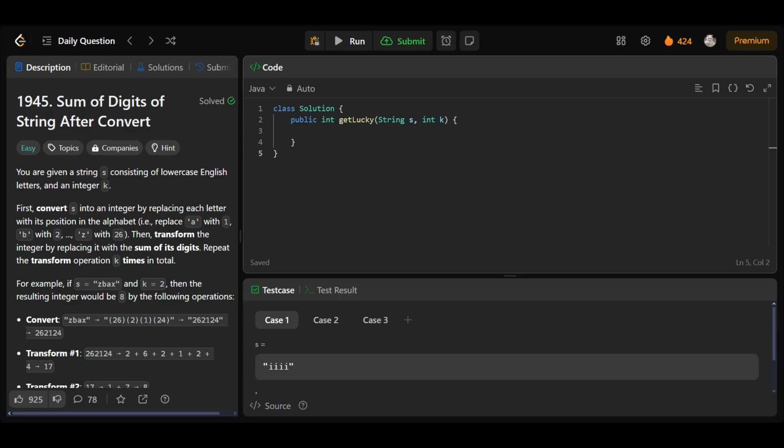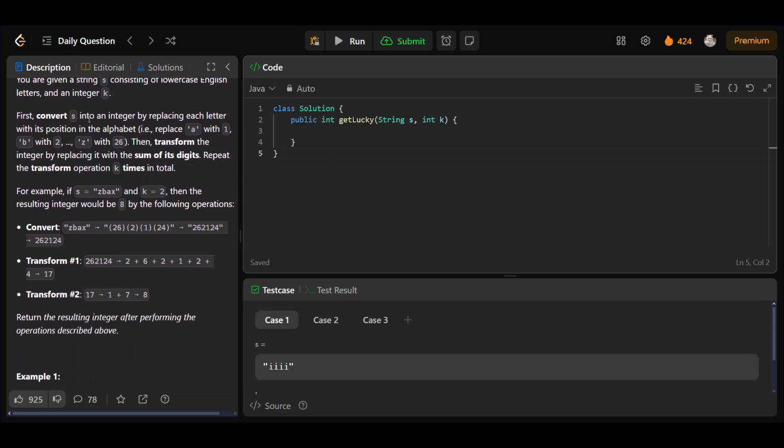Hello people, so today we'll be solving LeetCode daily question 1945, Sum of Digits After String Convert. In this we'll be given a string s consisting of lowercase English letters and an integer k. First we have to convert s into an integer by replacing each character with its position in the alphabet, that is replace a with 1, b with 2 and so on up to z with 26, and then transform the integer by replacing it with the sum of digits,